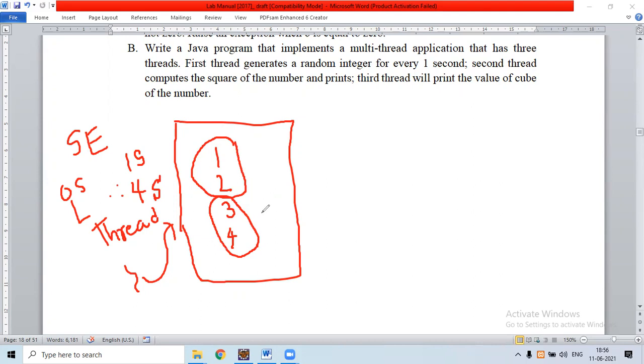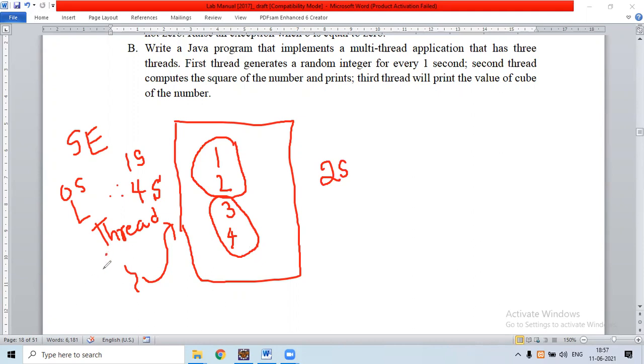So here a CPU will take only 2 seconds to execute the complete program. What operating system will do here is operating system will inform the main thread to allocate more than one thread, means subthreads, to execute the program.